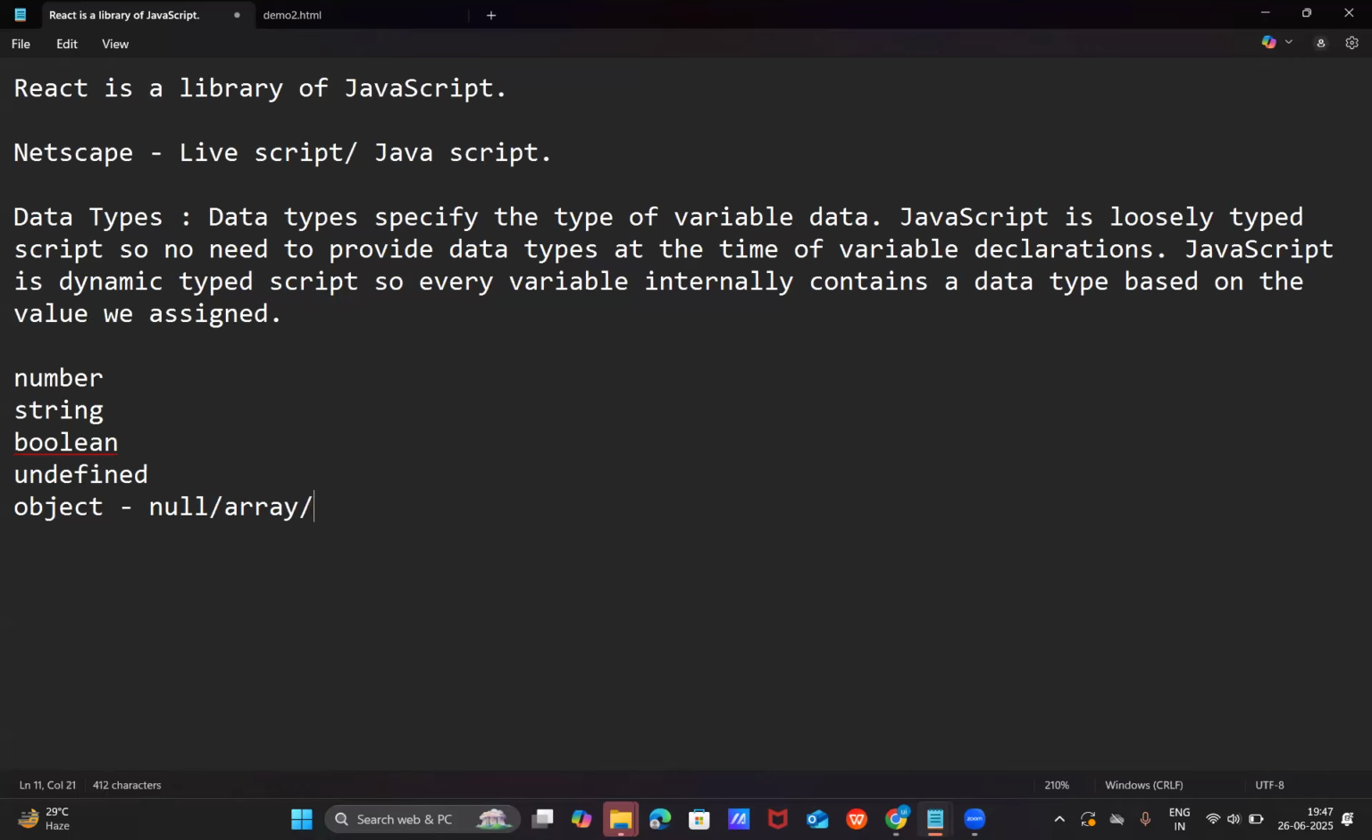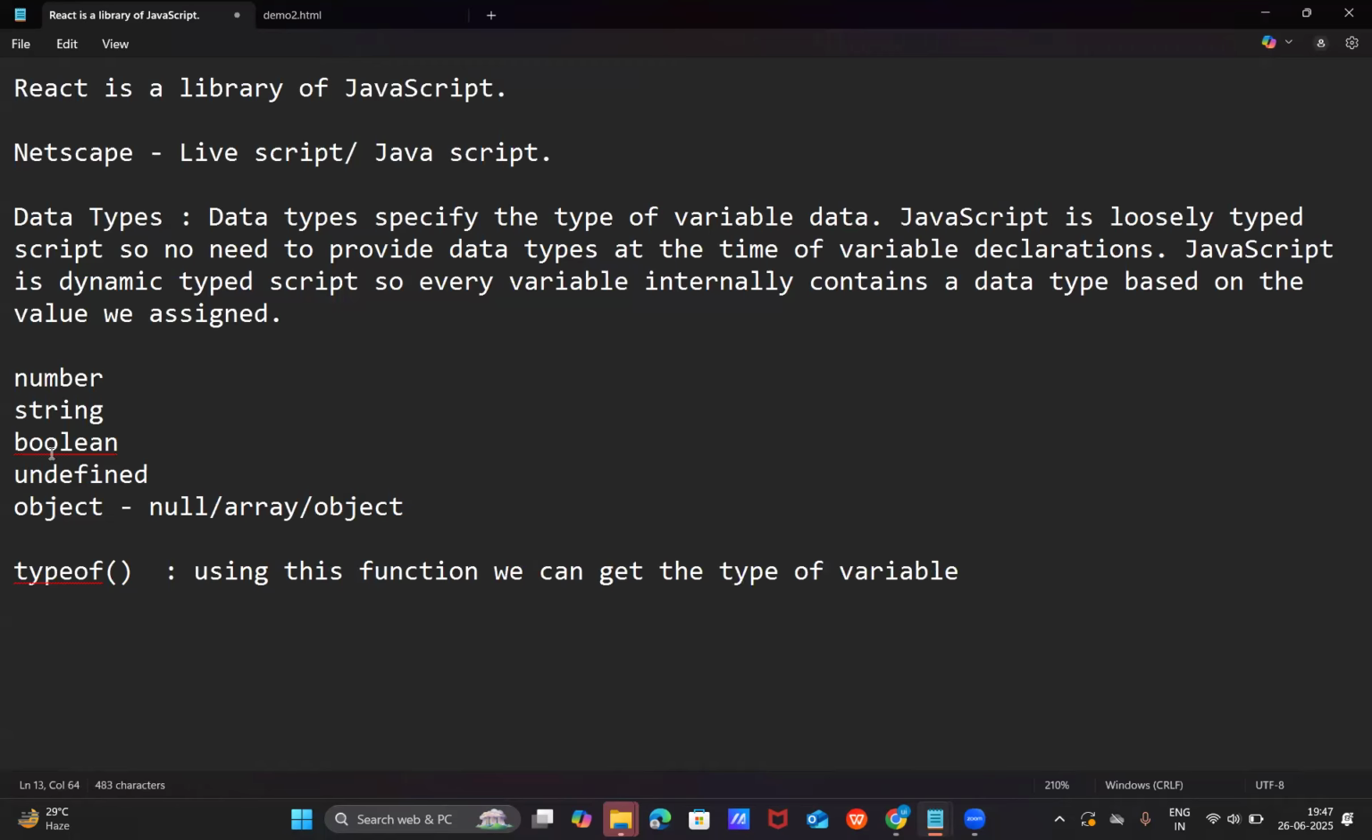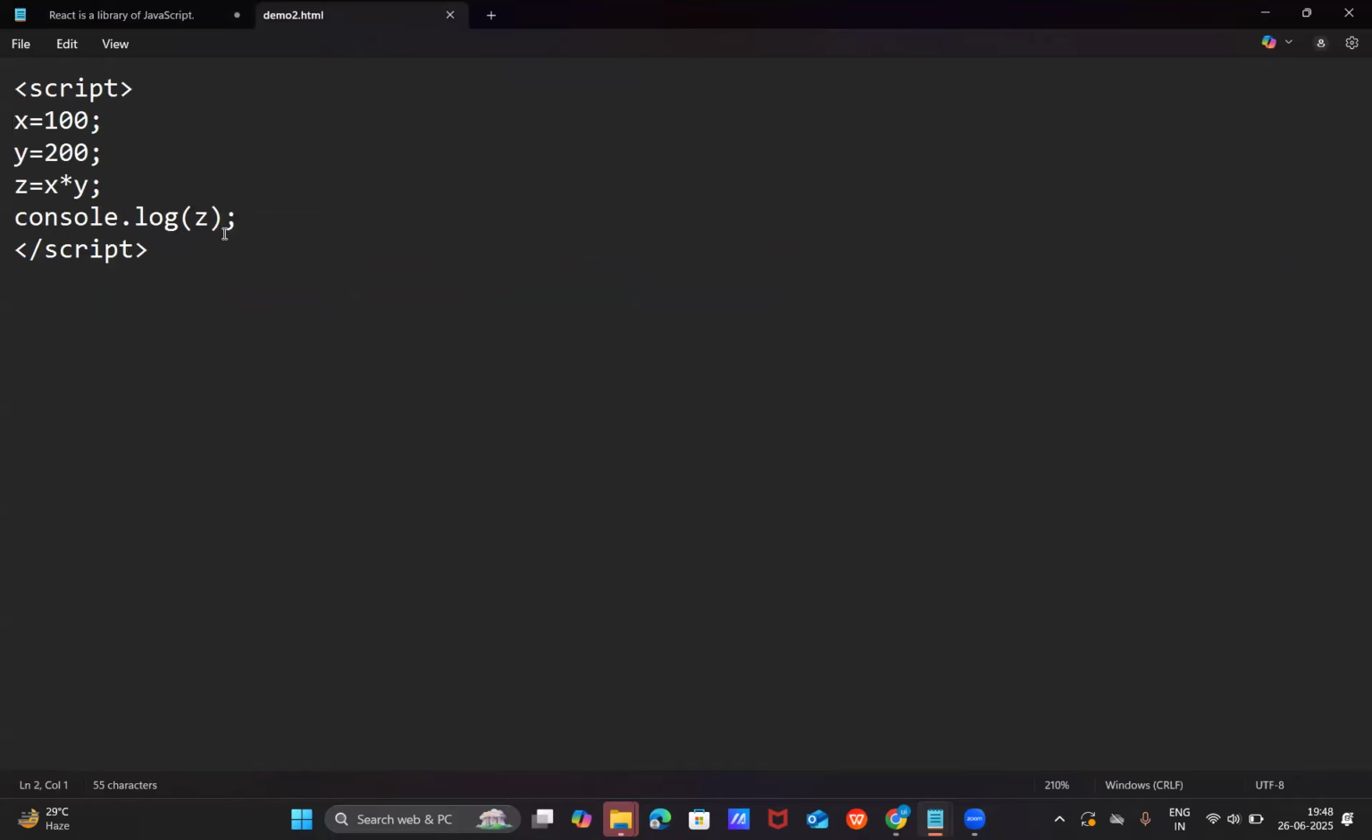What is a reference type? I will discuss step by step. These three come under object type. I will show you now. Using the typeof function, we can get the type of a variable. First let me show an example with this. After that, I will discuss what is var. Those things I will discuss. First of all, here,